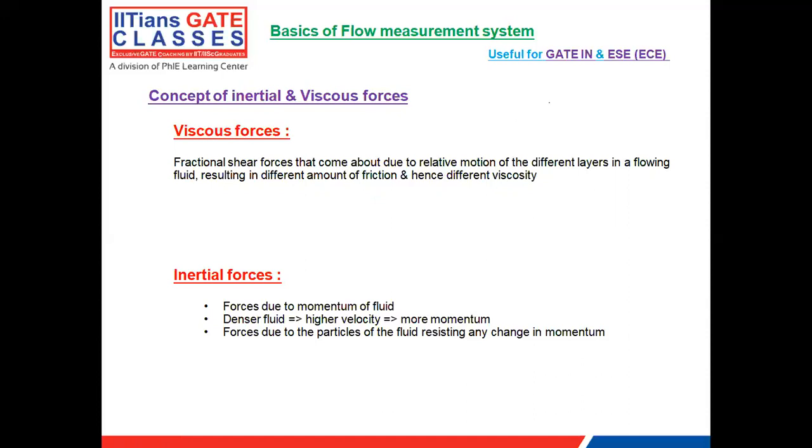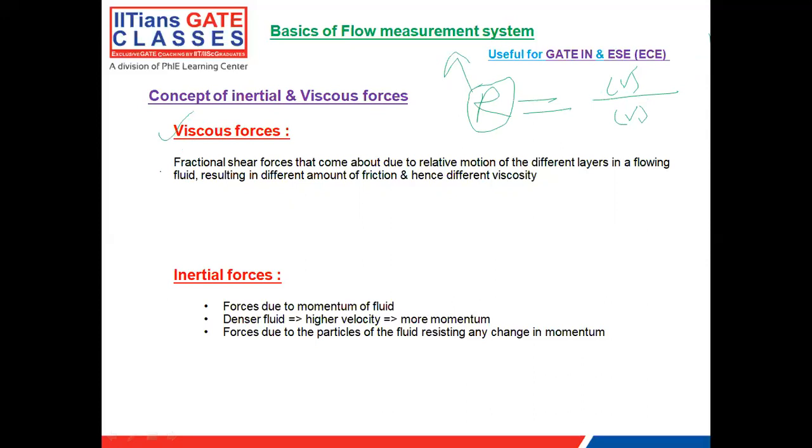So Reynolds number is nothing but the ratio of two forces. Which one is more prominent, you will say? If this is prominent, then the Reynolds number will be different, and the profile will be different, like it can be laminar, it can be turbulent, or it can be some intermediate one. So first we'll see the viscous forces.